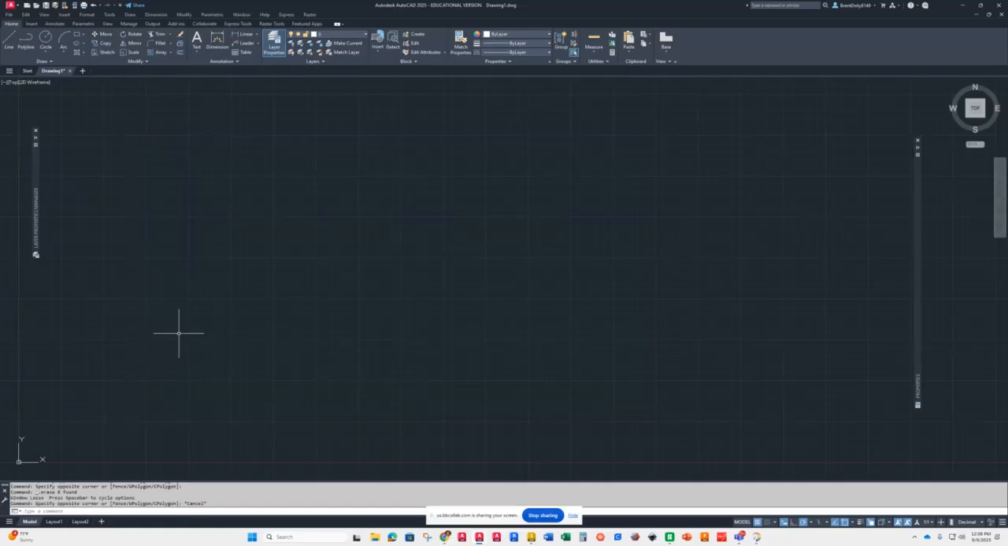Okay. Now, like I said, escape gets us out of where we're at, but if you're in the middle of a command and you want to finish it, you always hit enter. Okay, so commands, line, specify first point. So typically, unless I have an absolute point in space that I want to use, like 0,0,